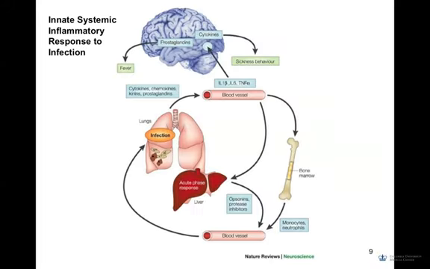So what we're going to talk about right now is what's called the acute phase response, which is actually the systemic inflammatory response to infection. And again, this is part of our innate immune system. It's similar in many ways to acute inflammation at the local level, but if inflammation is being caused by the presence of a pathogen, once that infection gets to a certain size, it can cause a